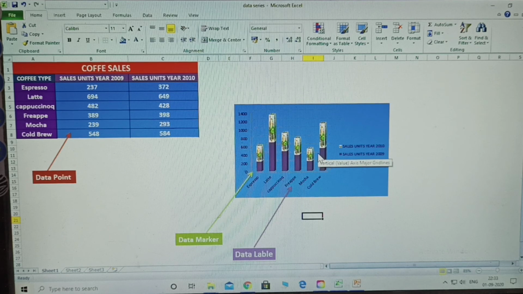In the next video I will explain the x-axis and y-axis, both will be explained there. And in another video I will take the chart title, how to give the chart title, and how to rotate it, left side, right side, bottom, middle, how to give it on the chart.